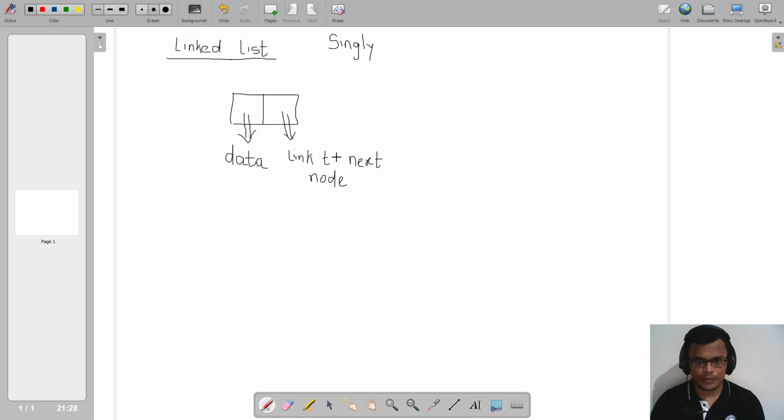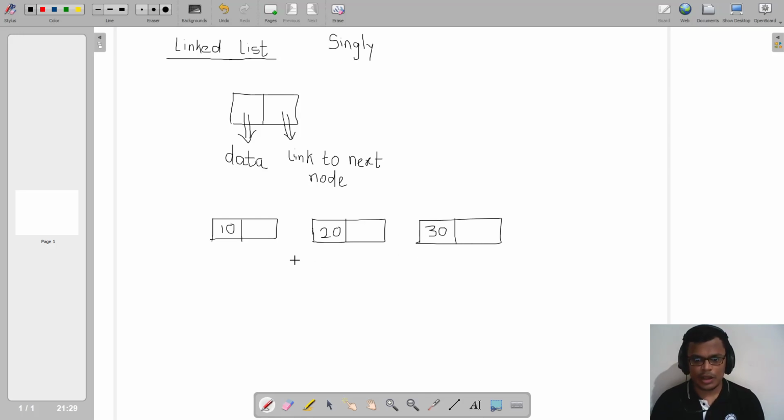So we will be having a collection of nodes, as I stated. I'll be having the first node of my linked list, say for example, imagine I am having numeric data in it. Suppose this is 10. Then I have a second node in my linked list, and this second node will also have some data. Suppose that data is 20. Suppose I have a third node in my linked list, and suppose that third node has data 30.